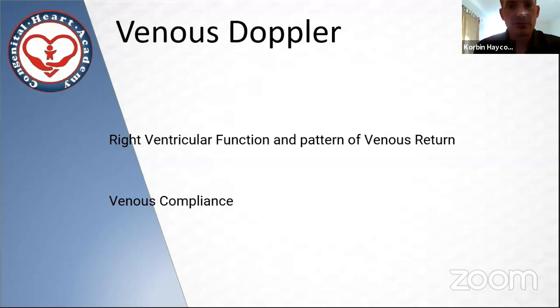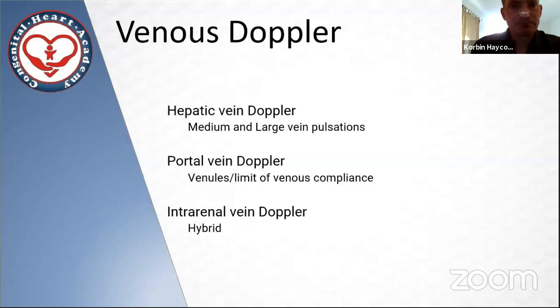So it's a key thing to realize here that venous congestion can be a function of either right ventricular dysfunction or inefficiency, or it can be volume overload of the patient. So our three prototypical vessels that we would Doppler would be hepatic vein Doppler. This is close to the right atria, and this is where we would see a lot of these venous pulsations and make inference over what is going on with the right ventricle and how it's dealing with the venous